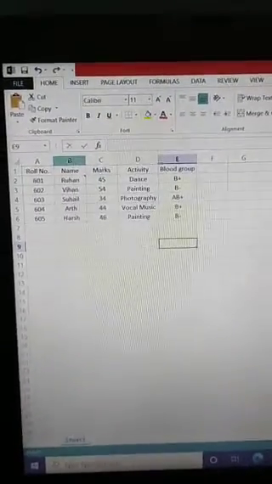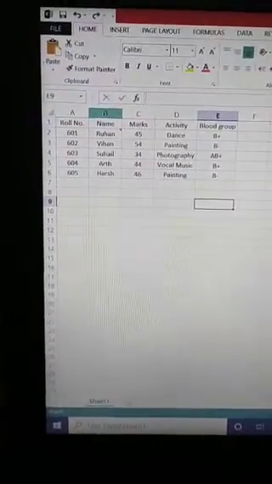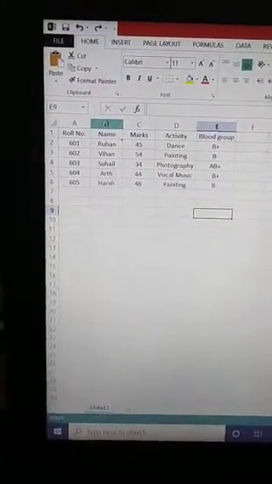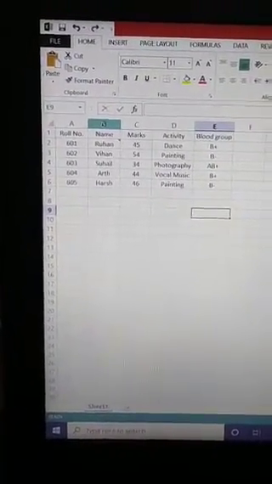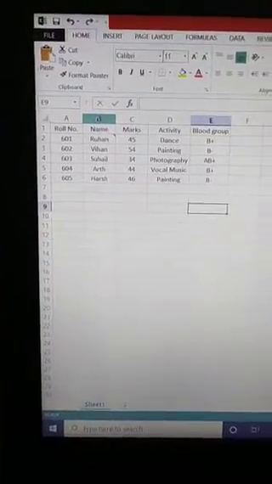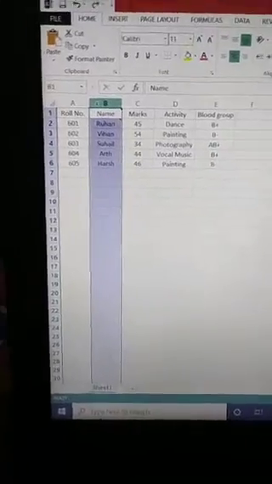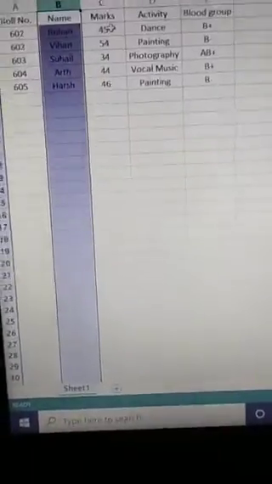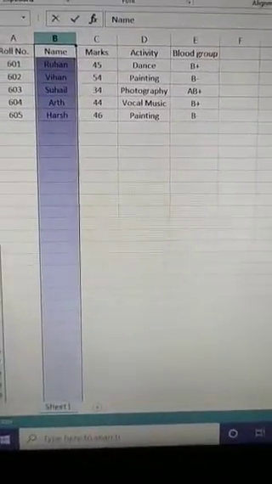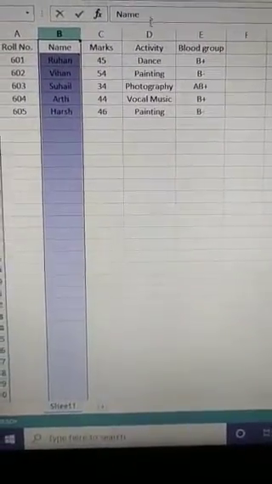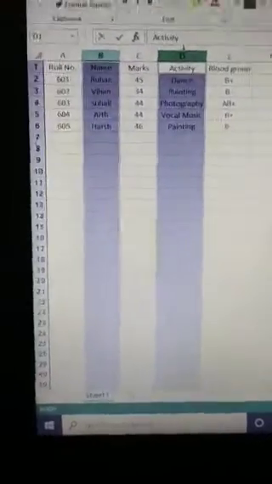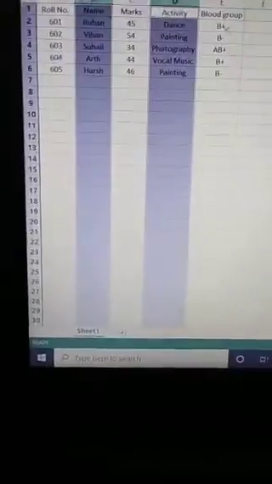So I want to select this column, so I have to click on the column heading B. When I click on the column heading, you will see that the column has been selected. I can also select multiple columns. Then I press the CTRL button and click on another column, and you can see that multiple columns have been selected.